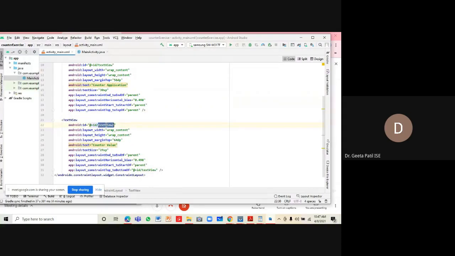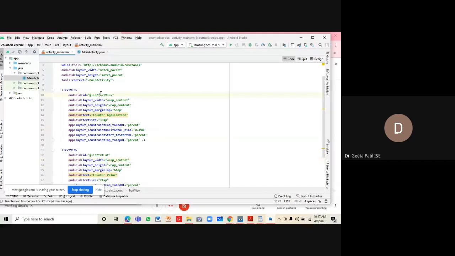the ID of the text view, txt count. The ID of this counter application title is txt title.